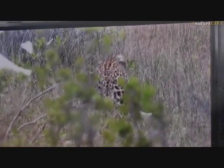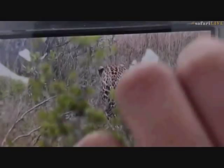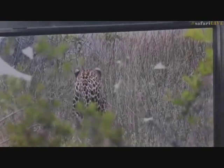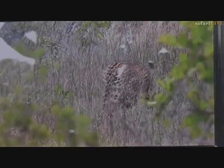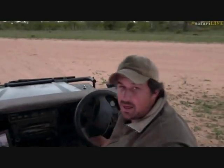We put it in slow motion so some of you can screenshot it and be able to see it for yourselves, and that's it kind of running down and away from us after a warthog. Now I think it is Hosanna. I'm not 100% sure. Like I say, it's difficult from just a brief glimpse of a leopard. Right, now we'll go back to that area just now. Hopefully